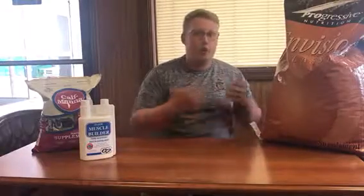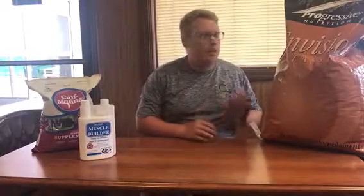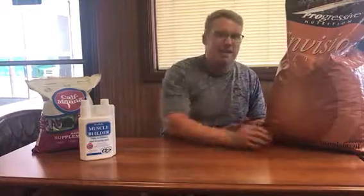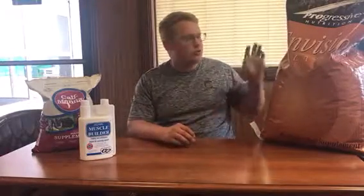Fat, on the other hand, the horses can retain over and over. So the more fat you feed, it's just going to be stored on the ribs, it's going to be stored in the stomach. And so fat will be stored by the horse. So the more fat you feed, if you keep feeding it, the horse is eventually going to get fat if they're not burning enough calories. And so you'll certainly be able to see fat over time be stored on the ribs